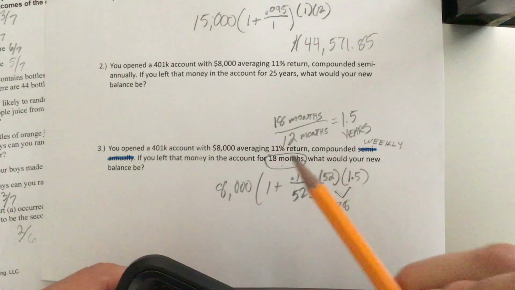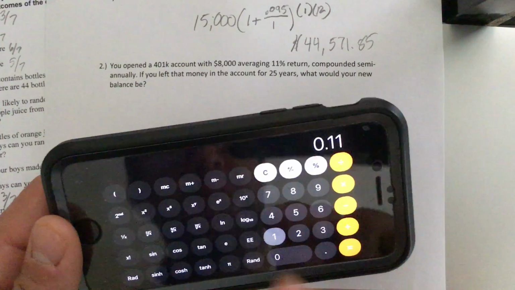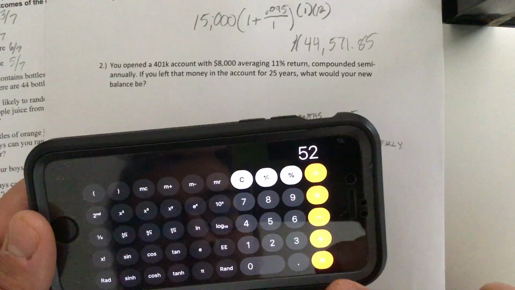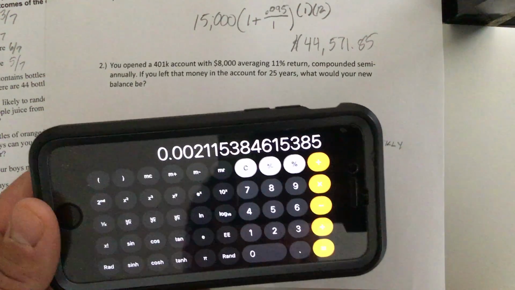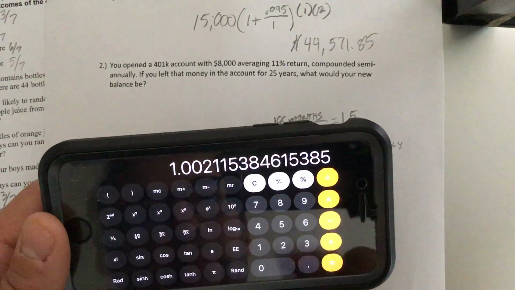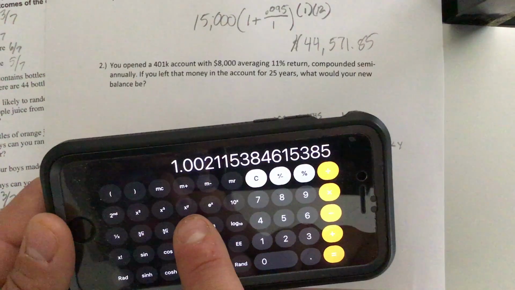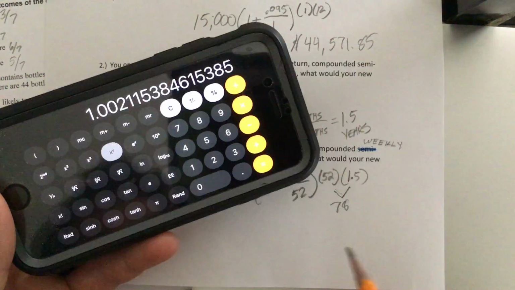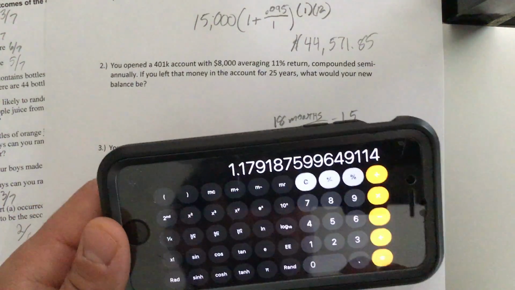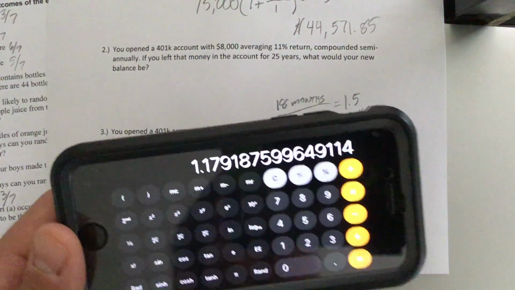Okay, let's do this thing. So we're going to start with our percent. So it was 0.11 divided by 52 because it's compounded that often. Okay, notice I'm not rounding this. Plus my 1, boom. All that raised to, so x to the y power, all that raised to, well, we said that was 78. Okay, we get a big decimal, and then,